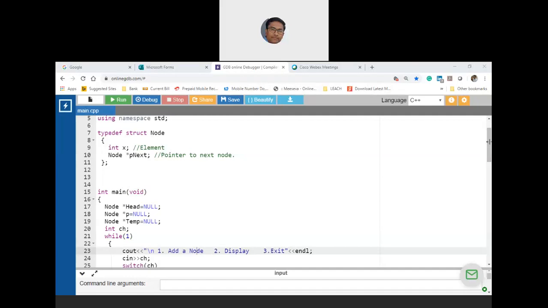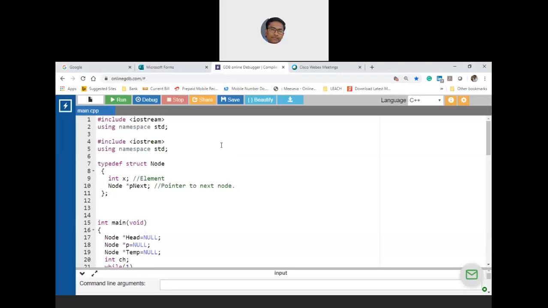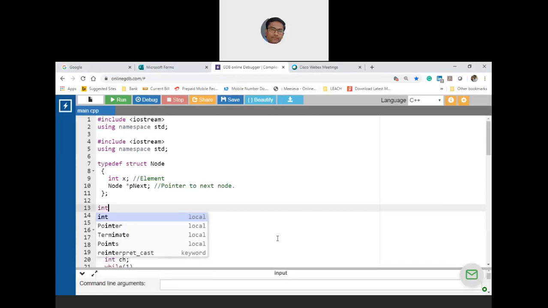Assume that you are able to maintain 5 elements. If you use the concept of a linear data structure, which is a one-dimensional array, and if I declare, I hope the source code is visible. Yes, sir. So if you see at line number 13 where the cursor is blinking, if I use int of 5, my intention is to maintain 5 elements. Then what is the size I am demanding? It is 10 bytes, isn't it?